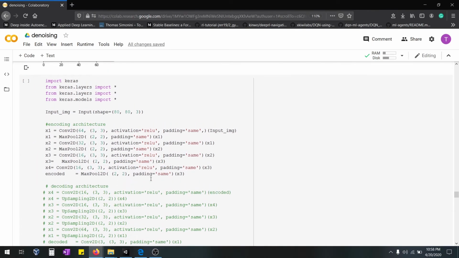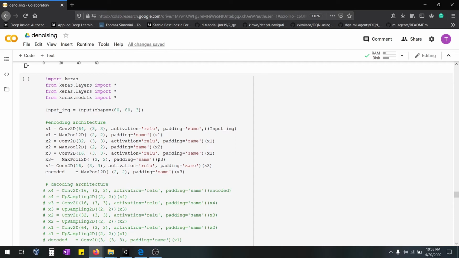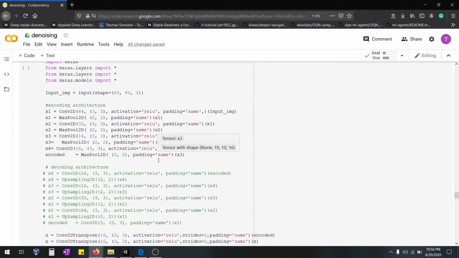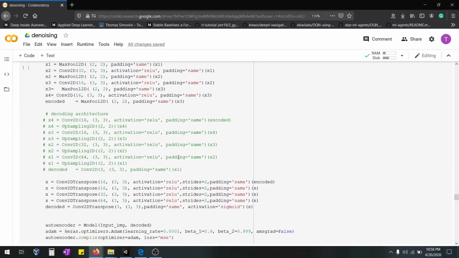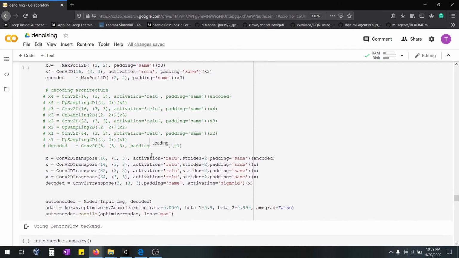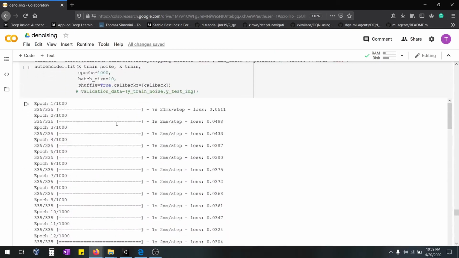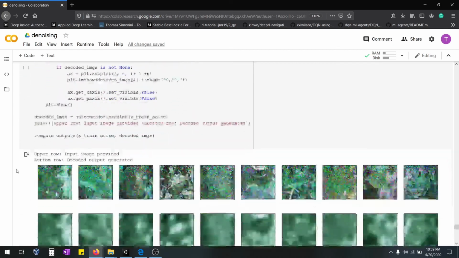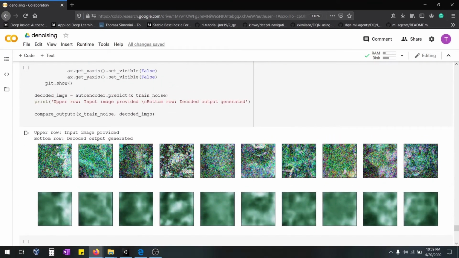After using this method, same stuff, I'm using the same autoencoder. I told you, don't use the upsampling, so that code might look like this. Even if you try upsampling, just try. It's trial and error. Try with this architecture also, then see what is happening. When I tried with this particular code to add the noise, the output was also the same. This is how the noise has been added to the images.